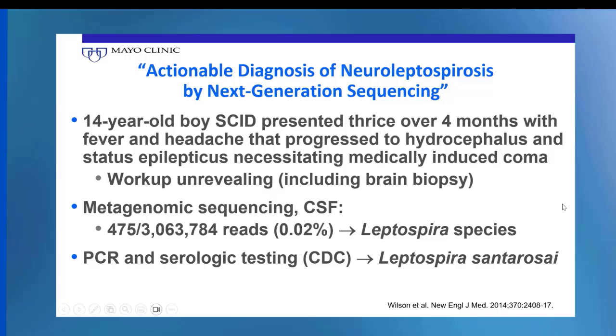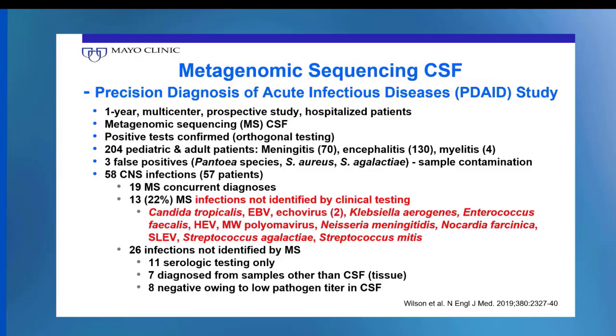So that's why the title of this publication was "actionable." They did confirm this diagnosis through orthogonal testing. And what that means is that this suggests what might be going on, but confirmatory testing is really helpful to know for sure. So they did specific PCR and serologic testing. They confirmed a diagnosis of neuroleptospirosis. So this is exciting. This poor little boy had really an unsolvable issue, which was solved by getting the clue